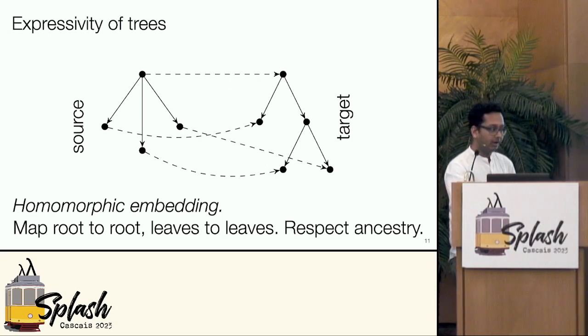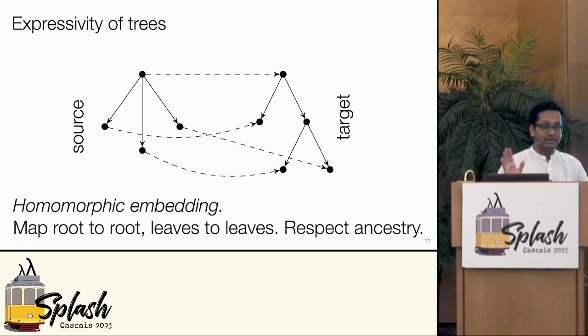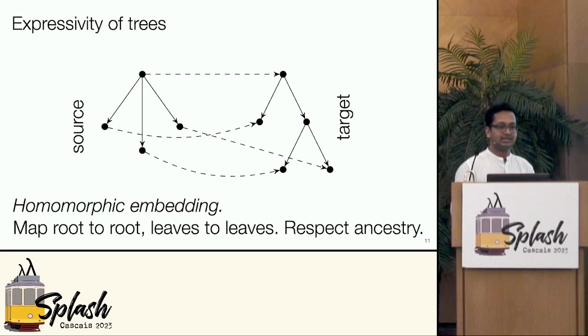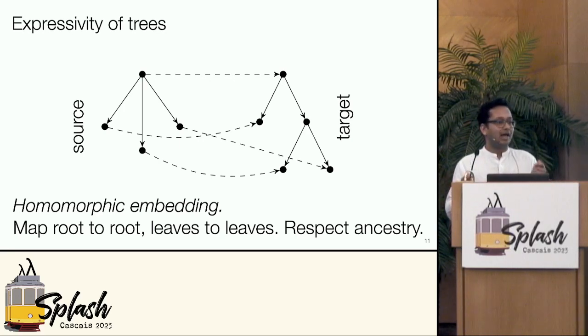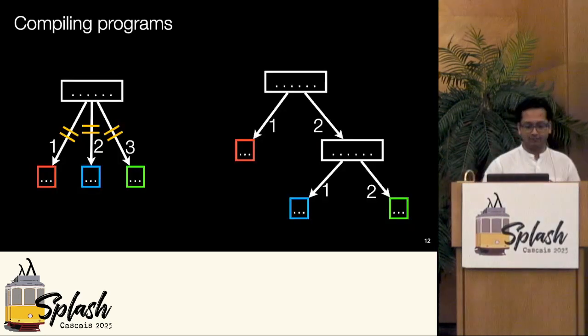So the point here is that the target tree, if you believe me, can accept the source tree. It can say what the source tree is saying. It can effect the same permutations. But by failing spectacularly in the next slide, I'm going to show you why it's a little trickier than you think. So let's try a simple case.